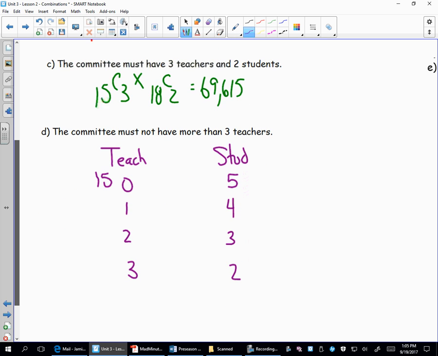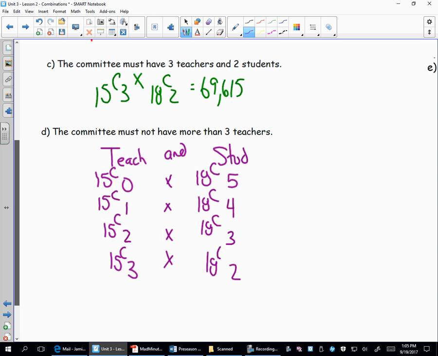So these are going to be 15 choose, and this is going to be 18 choose. And any teachers and students, I'm going to have to multiply. Okay, and if we do this, our numbers come out to